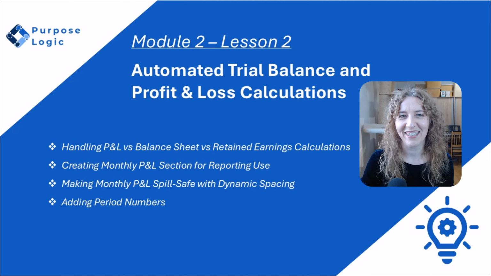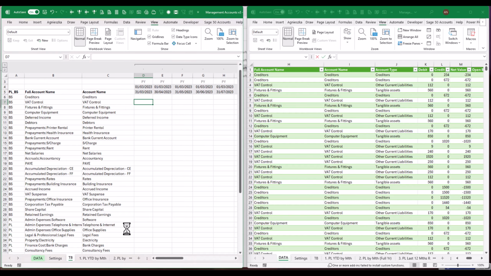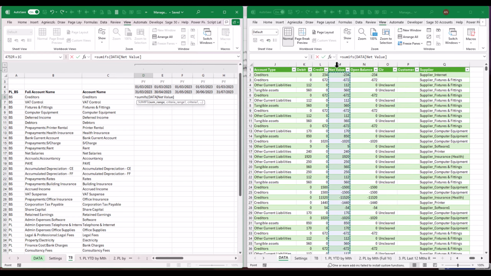Let's get into it. Okay, time for the figures to go into the trial balance. Let's have this vertical look again. Okay, so we need figures between these two dates, and the formula we're going to use is SUMIFS, so we can have multiple conditions. So we want to sum if the net value, if